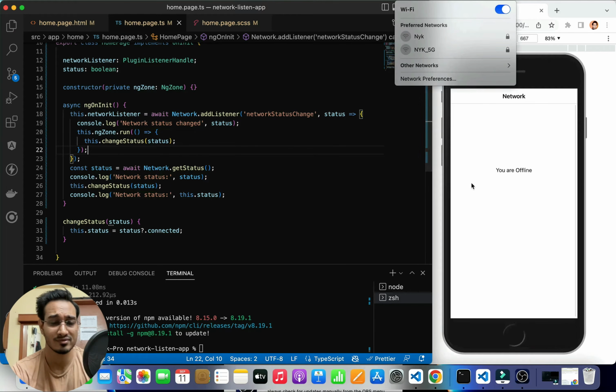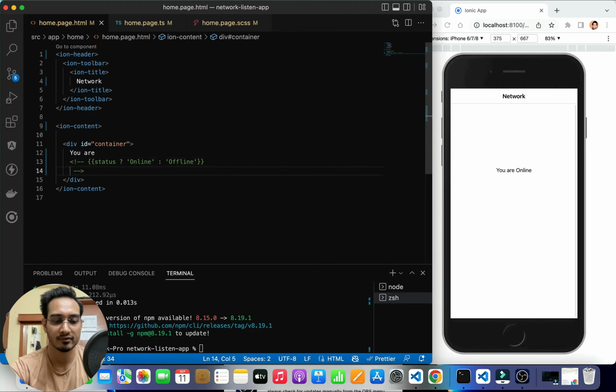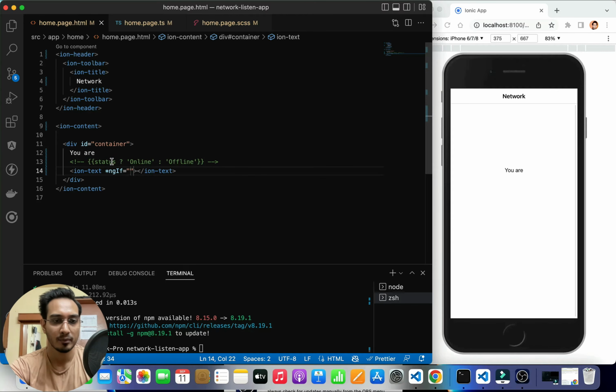You are offline. So it is working pretty nicely. And if you want to track it via some color, I think color will be better. So let's do it out here. Instead of passing it in this particular manner, let me comment this up and undo. What I'll do, I'll create out here an ion-text. Within that, I'm going to pass a condition. We can do either way. Either I can pass the same thing out here also for the color one, but I don't want to do that. So I'll simply check if status is online, the color I'm going to give is success color,